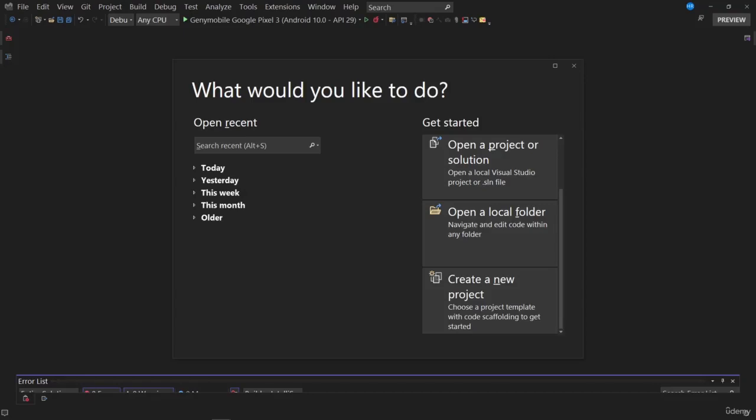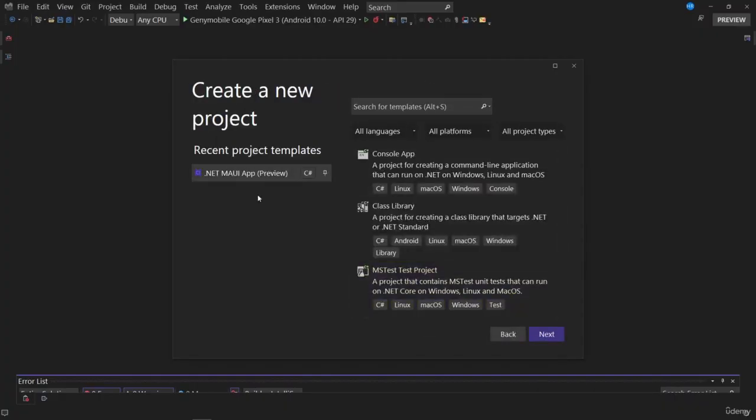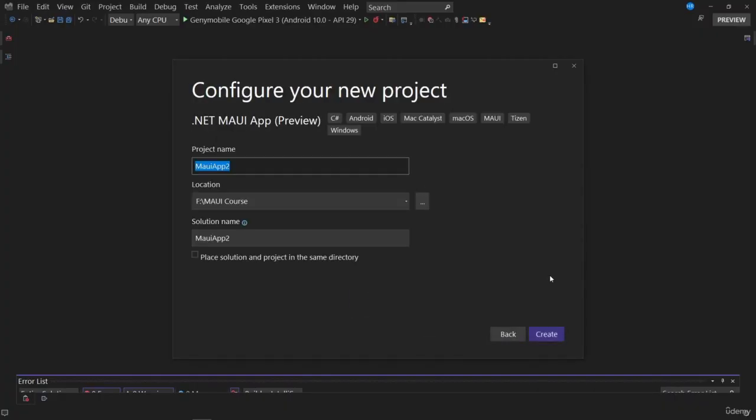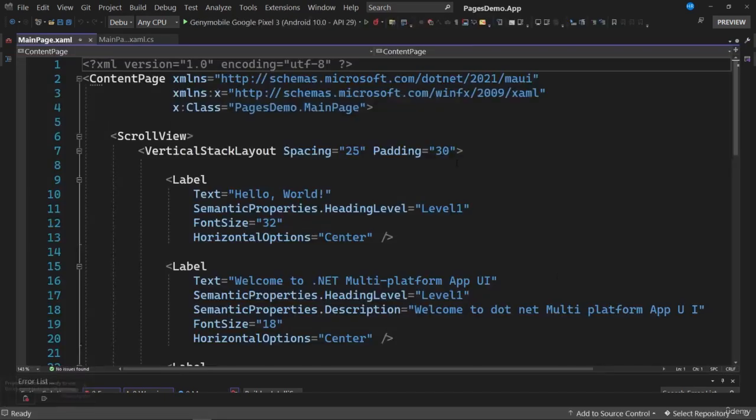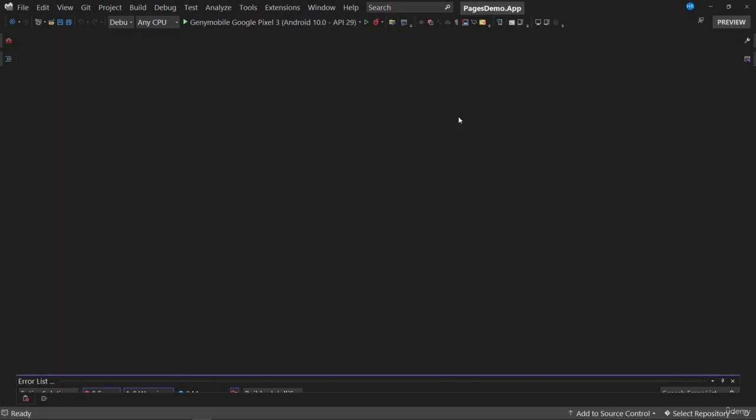We're going to make different tests to know about the pages in .NET MAUI. And for it, we're going to proceed to create a new project with the template. We click on Next. Let's place a specific name for this project as, for example, Pages Demo. We have already created our project, and the first thing we need to know is how we can assign or